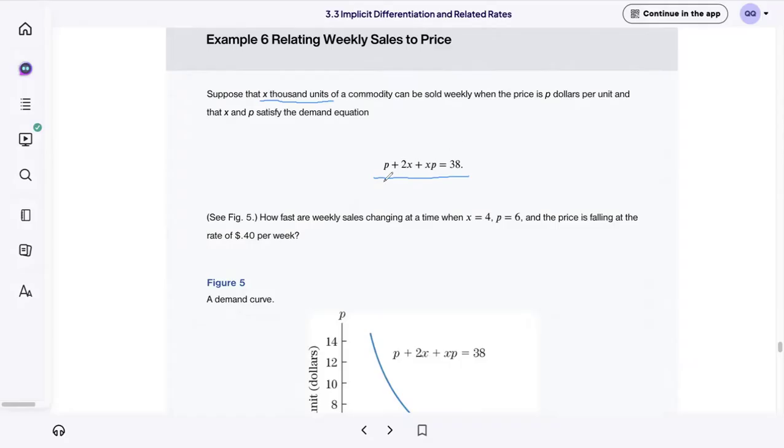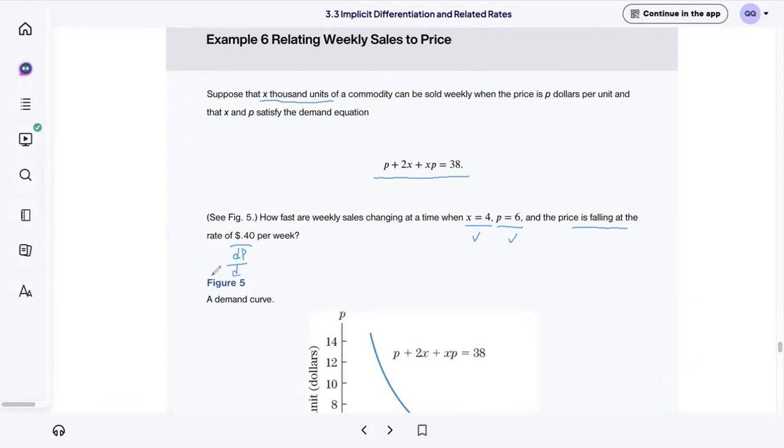So the question is asking how fast are weekly sales changing at a time when x equals 4, p equals 6, and the price is falling at a rate of 40 cents. Right? So p represents the price. So what is this given? So this is obvious. This is x, this is p. Well, what is this? This is dp,